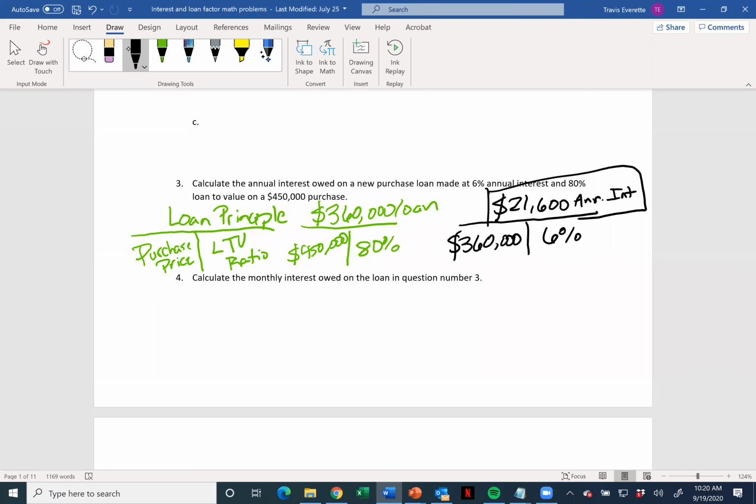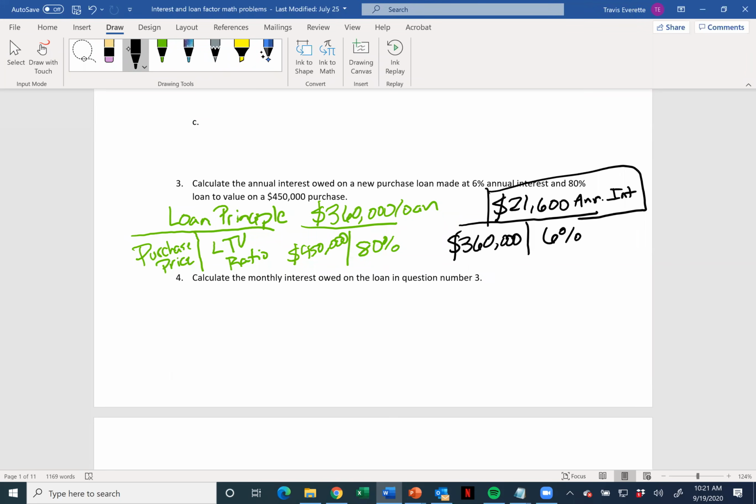What you never did was actually calculate the loan balance. So if I had asked you how much they were borrowing, you'd have never been able to give me that number. Yeah, I wouldn't have been able to give you that number. And so it's much better to follow that sort of progression. I'm not calling you down. I'm just saying for your purposes, it'll be much better if you go in that route of, okay, first I need the loan balance, and then I need to get to the interest.